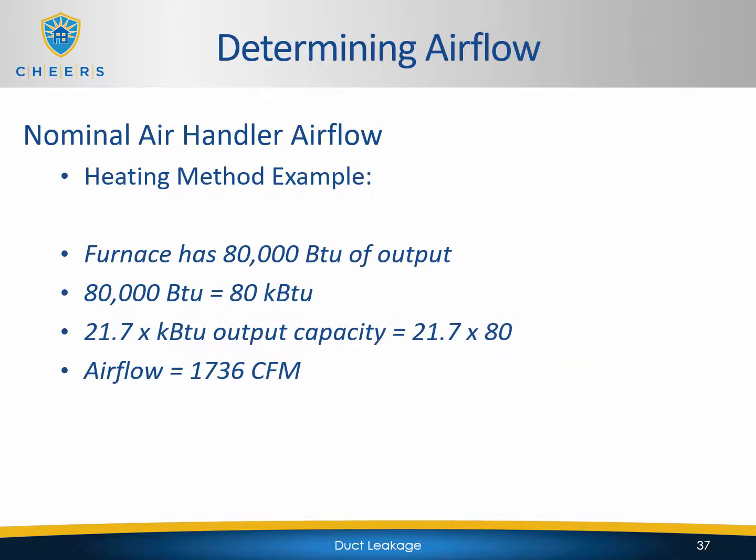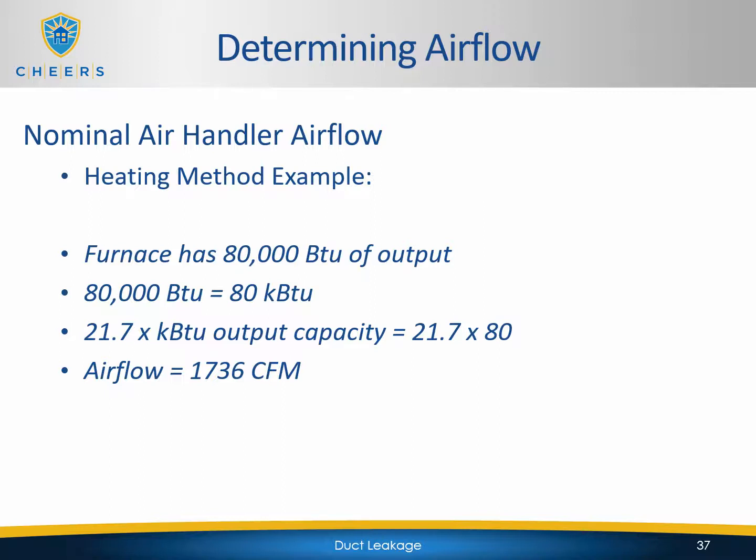So here's an example for the heating method. The furnace has 80,000 BTUs of output. So the kBTUs for 80,000 would be just 80. So 80,000 BTUs equals 80 kBTUs. So the formula is 21.7 times the kBTU of output capacity. So that's 21.7 times 80. So the nominal airflow for that particular unit is 1,736 CFM. Keep in mind, airflow is